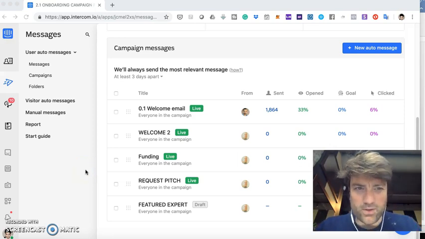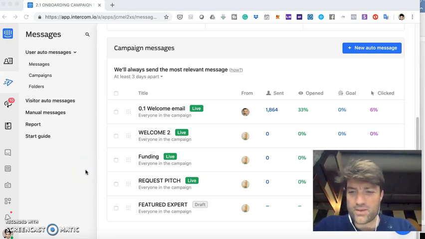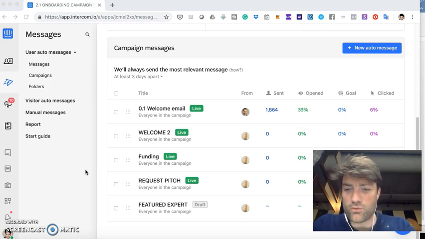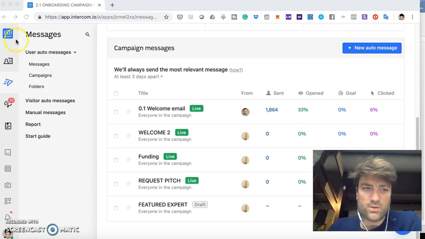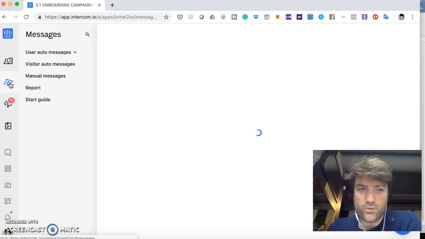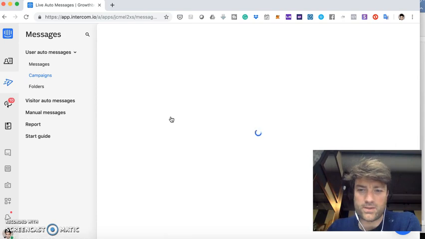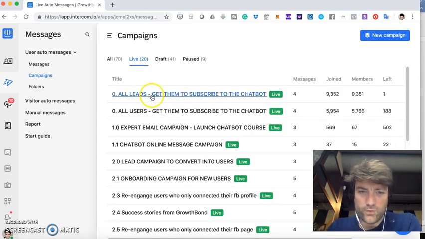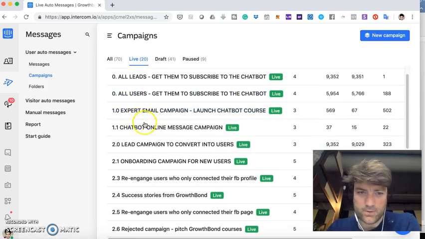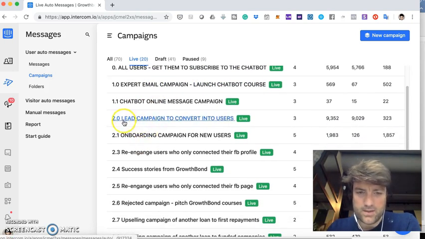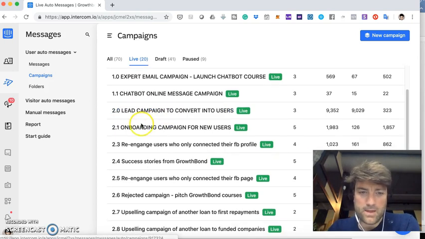Hi. So here's the second part of the introduction and the run through of the Intercom setup. We're going through all the different campaigns, which are set up as auto messages. The first was the leads campaign. The second are expert campaigns, and then these are company campaigns, where the idea is to turn leads into users. And then we've got the onboarding campaign, which is essentially for new